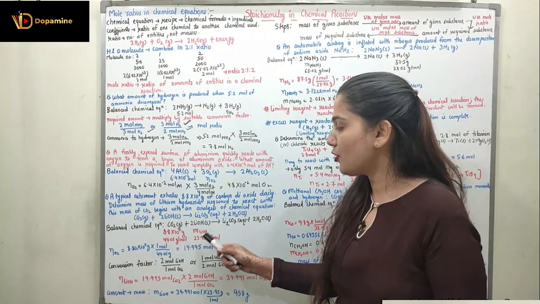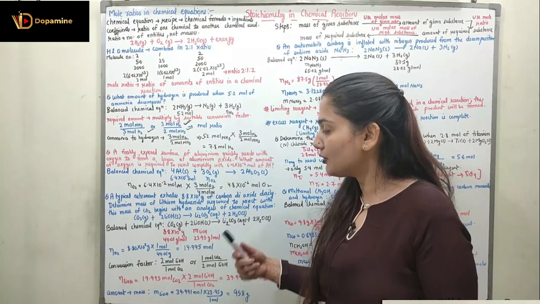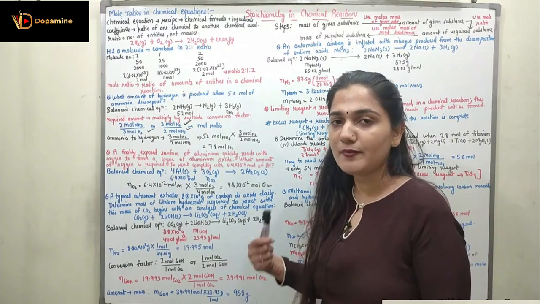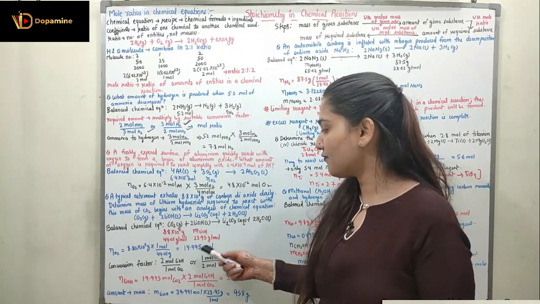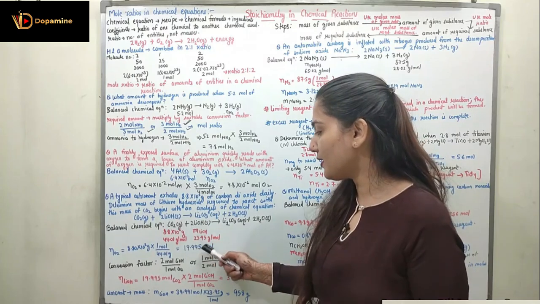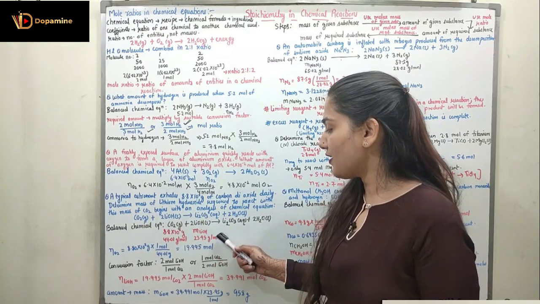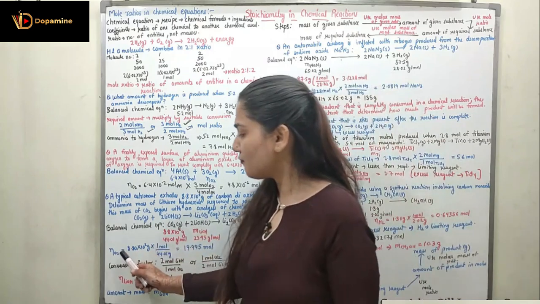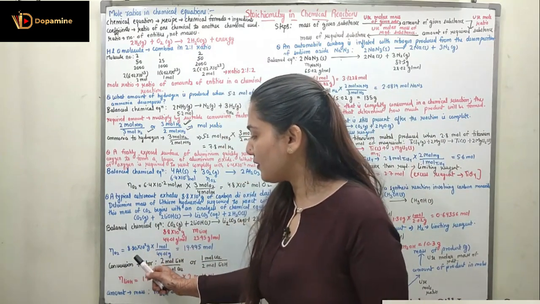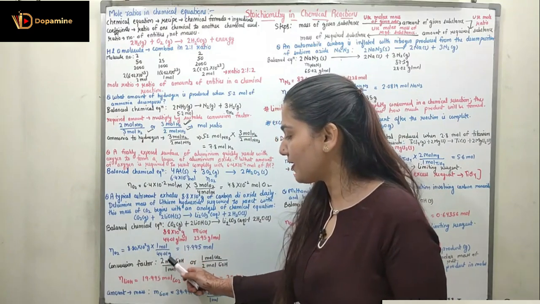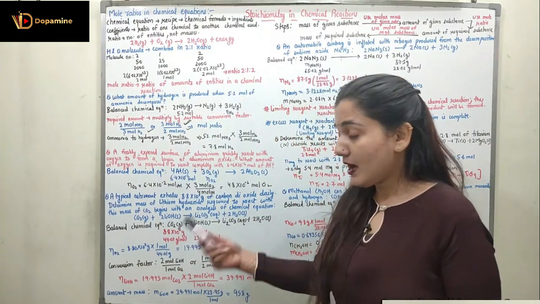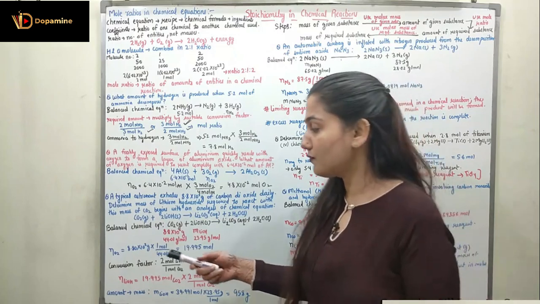Similarly, we can find the molecular mass of LiOH. We know the molecular mass of lithium, oxygen and hydrogen, so we can find the molecular mass of LiOH, which is 23.95 gram per mole. The number of moles will be equal to 8.8 into 10 raised to power 2 multiplied with 1 mole divided by 44.01. How have we found the number of moles?